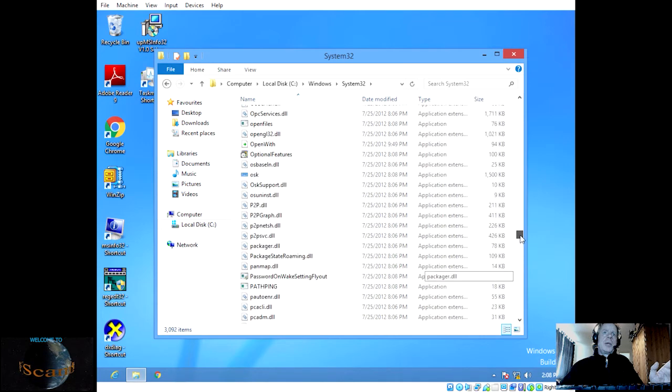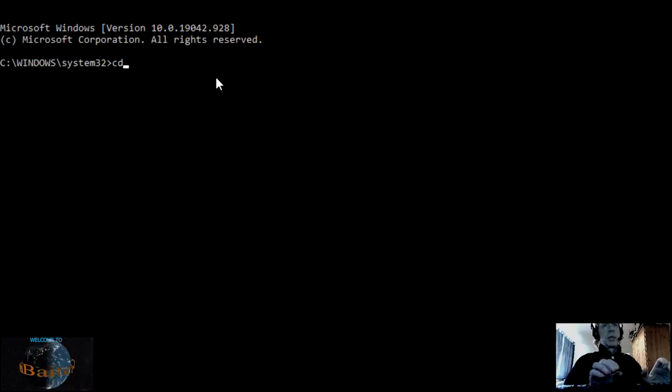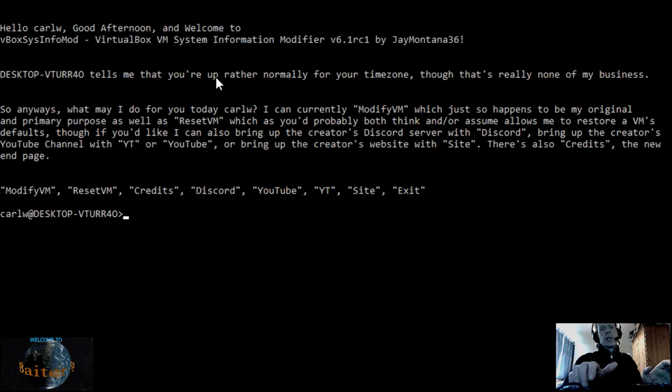Where are we? And then open a command shell, cd to the root directory, do a dir, and we're looking for, if you run now, vbox info mod. Press OK to continue. You want to modify VM,